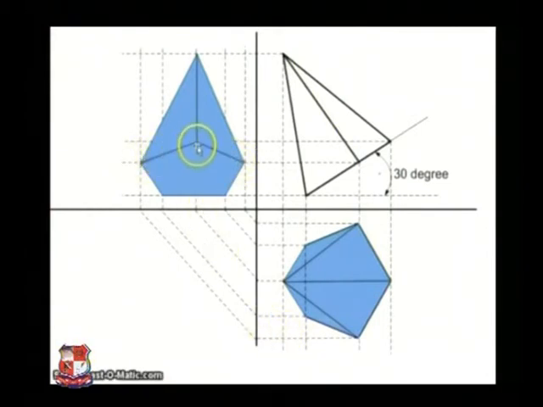Okay, so that's how you draw this pentagon here, and then this will help you to give the height of the pentagon pyramid. And then once you have it, you extend all these lines. There is only one piece missing here, this dotted line should be here. I'm just adding it here, and those lines will be dotted because you won't be able to see them, they are on the back side.